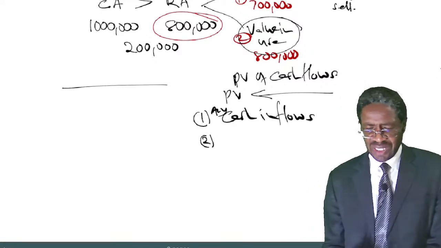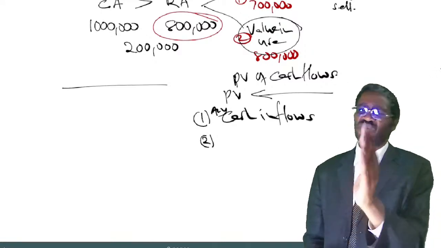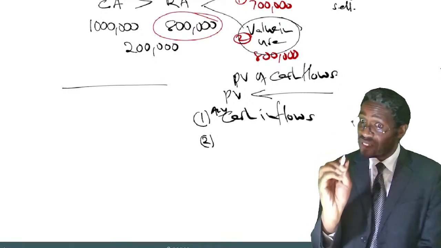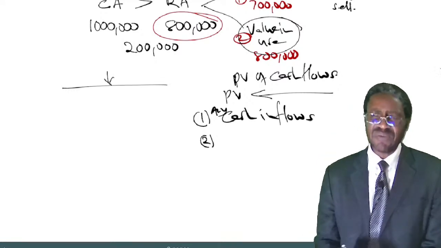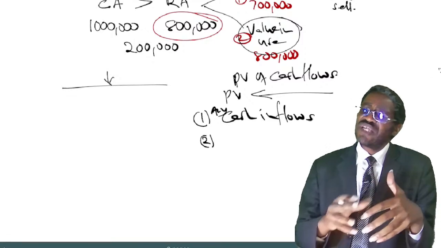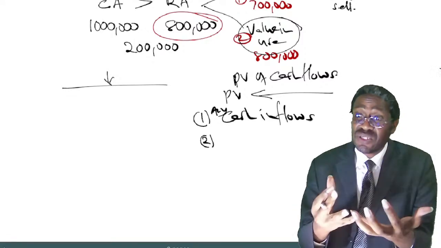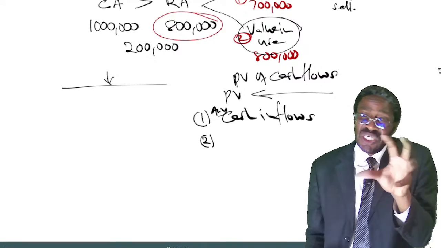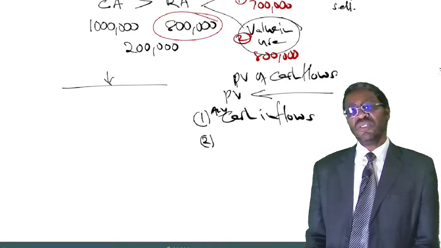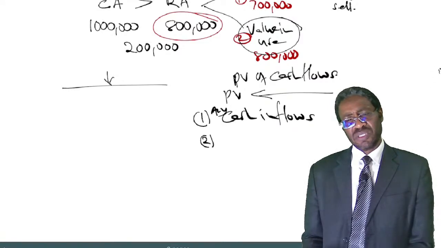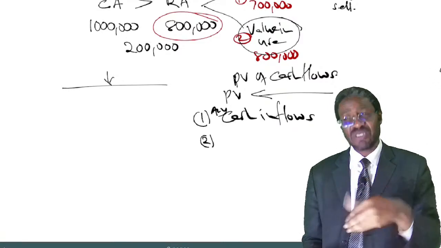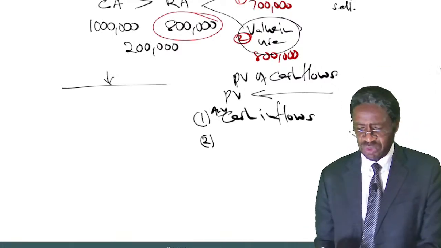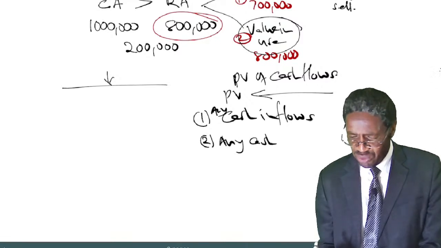let us assume that that machine, you project it will last for the next 5, 6, 7 years. But as a company, you project that somewhere maybe in the 3rd year, we as a company, we shall need to spend some money for maintenance or repairs of that machine. We are projecting that the machine 3 years from now, 4 years from now, will require some maintenance. So we shall spend some money for the maintenance of that machine so that it can generate more inflows in the future. That cash outflow. So we are saying any cash outflow,